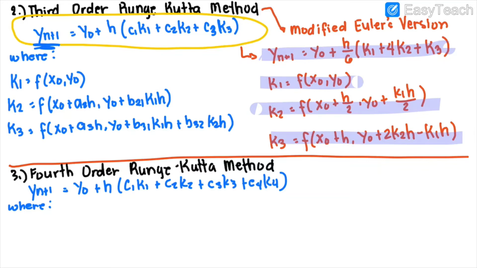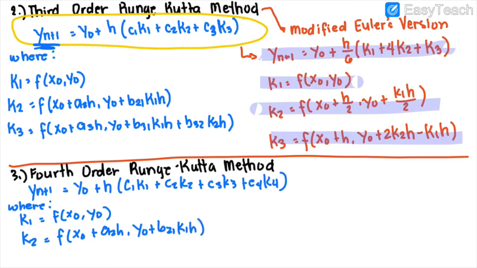They are the same. With K1, it stays the same, f of x0 and y0. And K2 stays the same, f of x0 plus a2h and y0 plus b21 k1 h. Then K3, f of x0 plus a3h of y0 plus b31 k1h plus b32